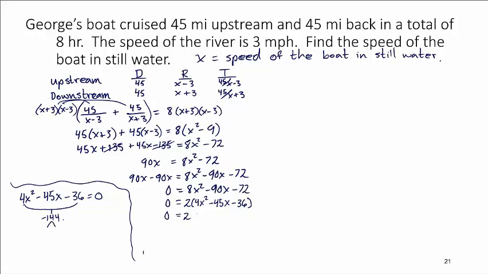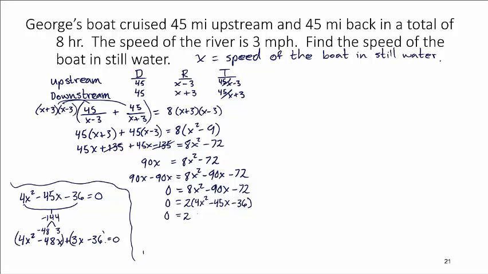So factors of negative 144 that add to negative 45. I would say negative 48 and 3. So if we rewrite the middle term, 4x squared minus 48x plus 3x minus 36 equal to 0,